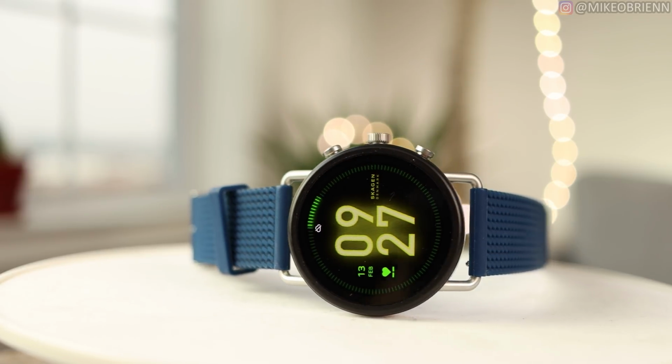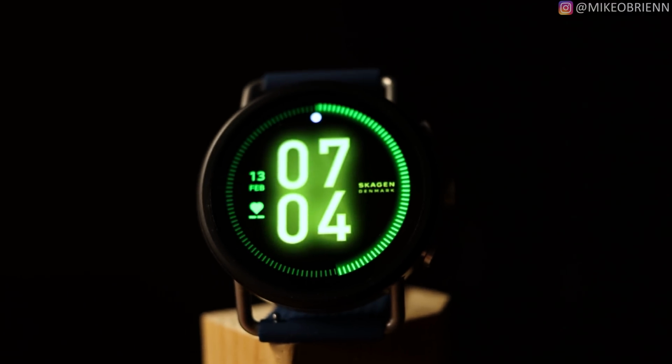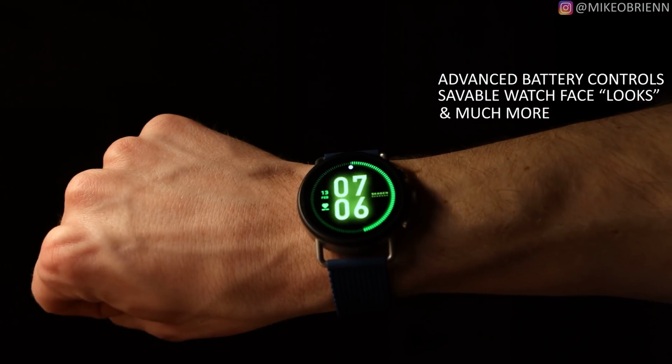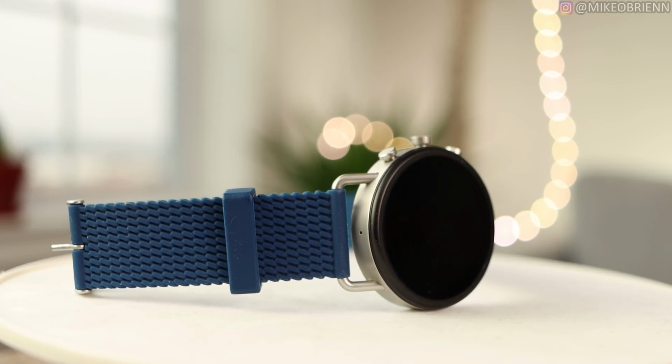It's been 1 month since the Skagen Falster 3 came out, and since then, there have been a lot of positive reviews for its sleek minimal design and improvements to Wear OS, including advanced battery controls, savable watch faces, and much more. But now, it's time to look beyond the initial impressions and discuss how well this watch actually performs